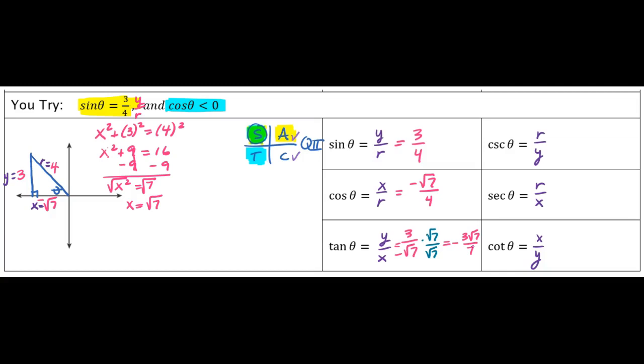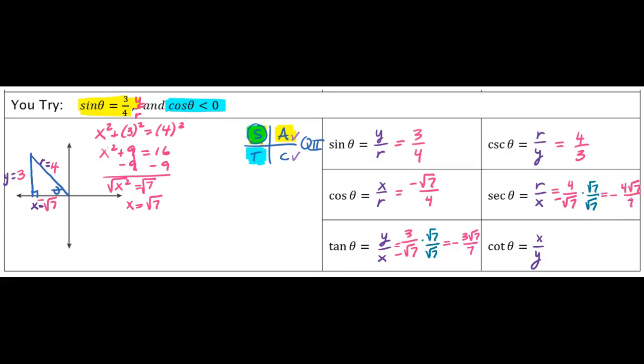Now let's go over to our reciprocals. For cosecant, I'm just going to take 3 over 4 and flip it upside down. That's easy. For secant, I'm going to take my cosine answer and flip it upside down. The catch is that I have a denominator that's a radical. So we're going to have to rationalize. So I'm going to multiply by root 7 over root 7. So my final answer, this negative I'm just going to pop out to the front, will be negative 4 root 7